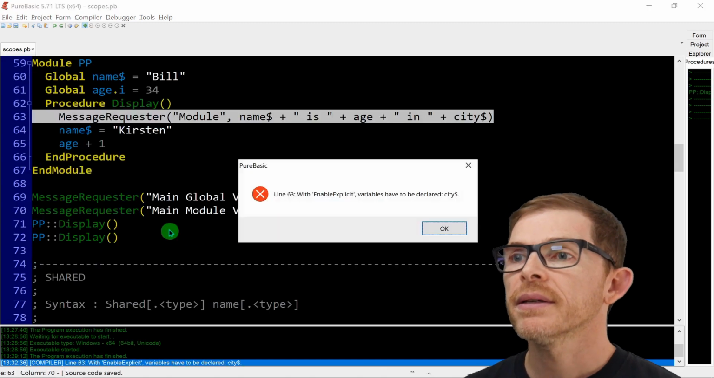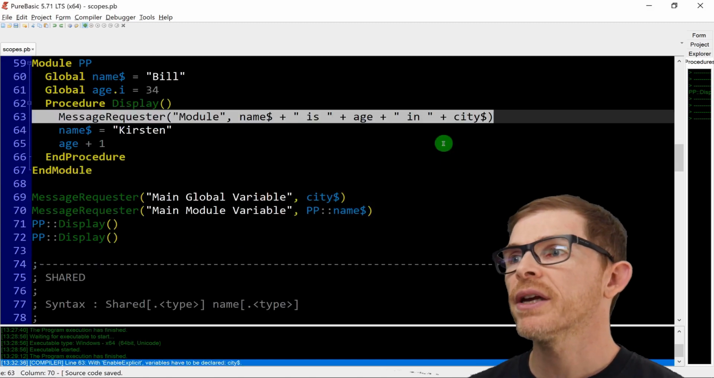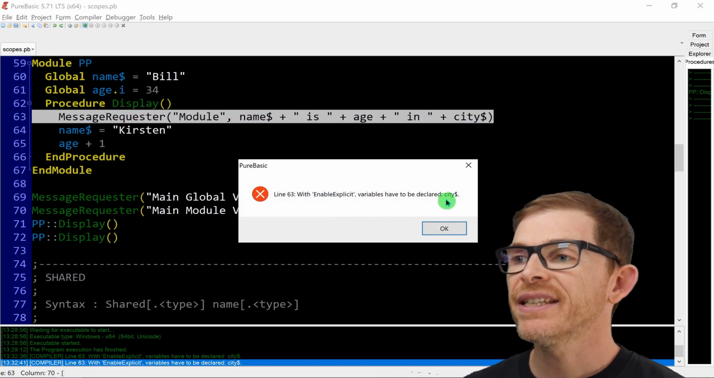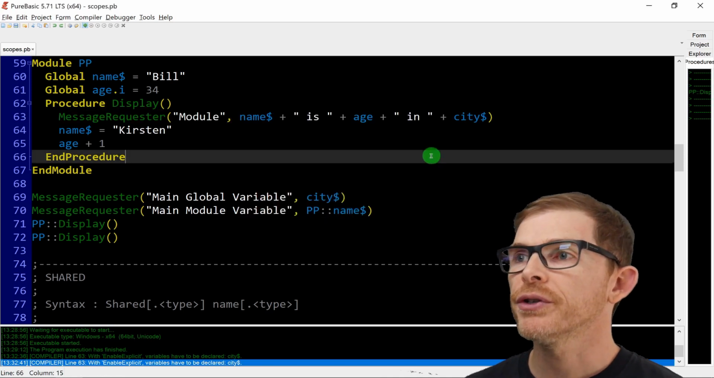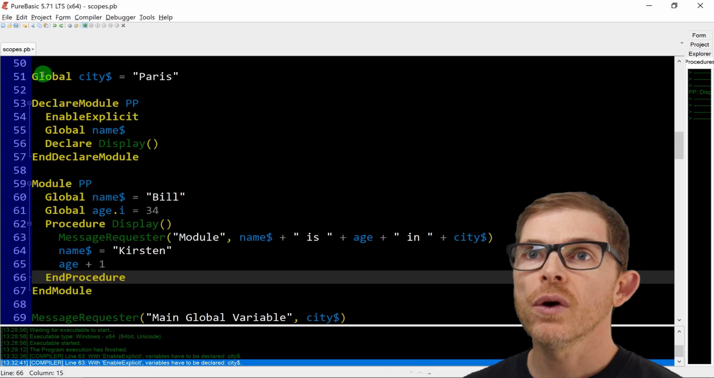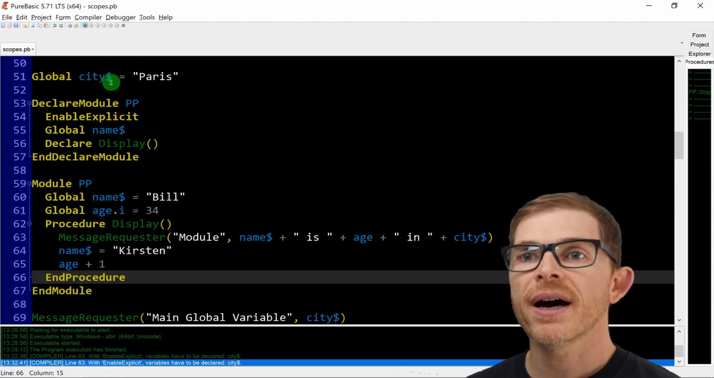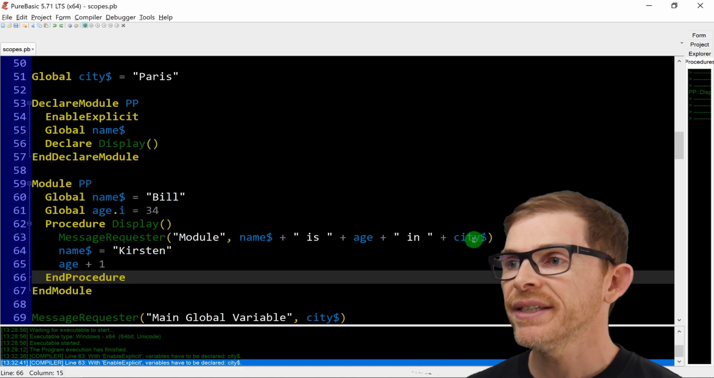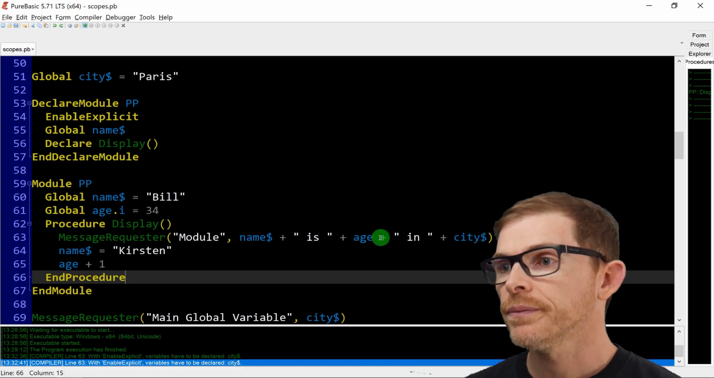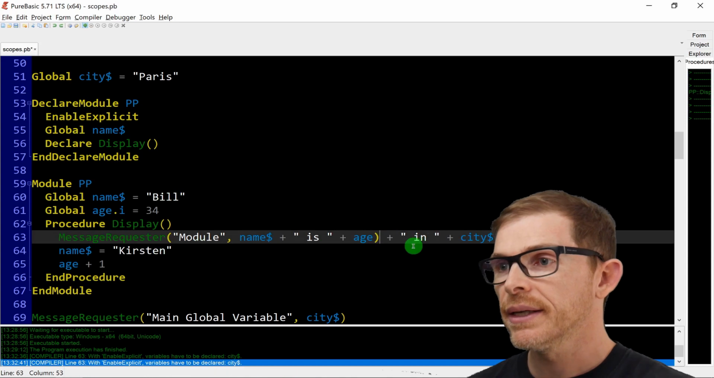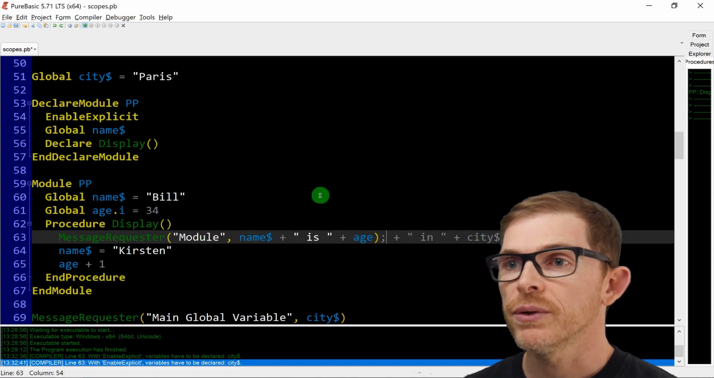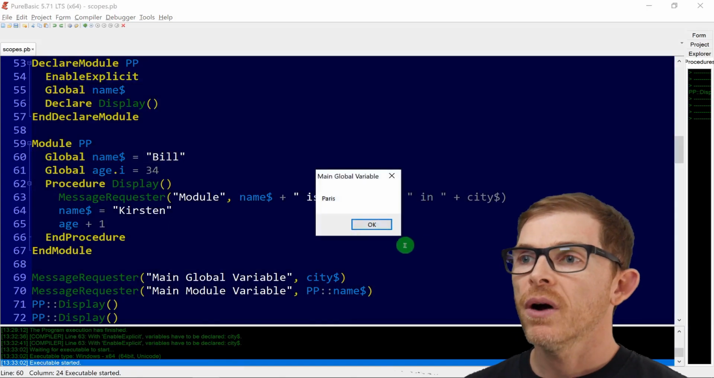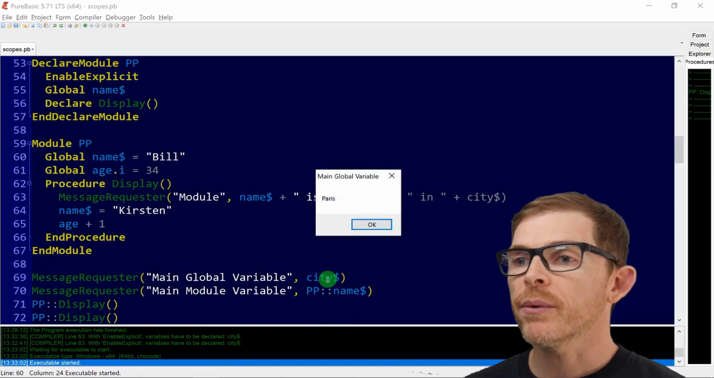Let's run it. Yes, it fails because, let's run it again, sorry. City$ is not known to the module. Yes, the global variables in the main code are not accessible from within the module. So here, city$ doesn't work. Okay, I'm going to put that into comments, and then if I run it again, okay, first time, Paris, yes,